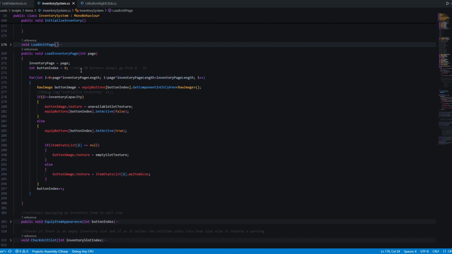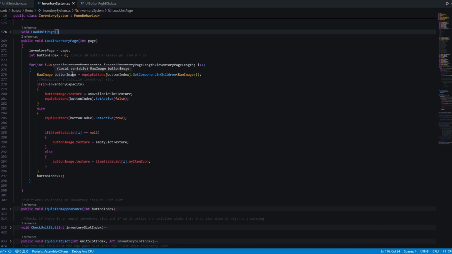So, for example, if we initialize it first, we are going from 0 to 29, as I wrote here in the comment. And for each button we get the button image,